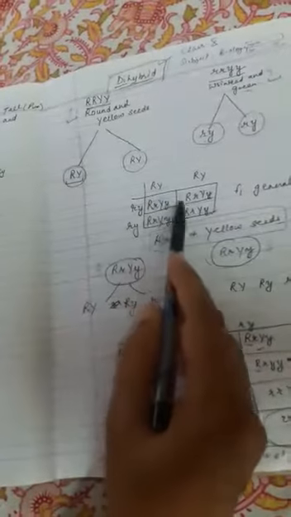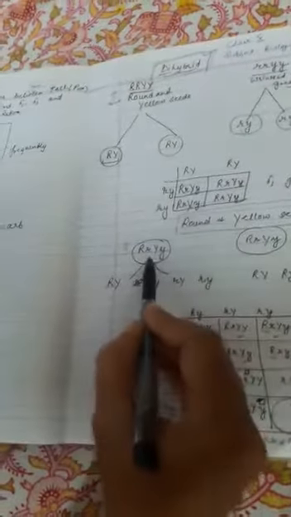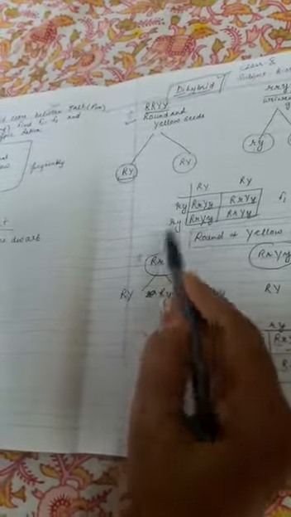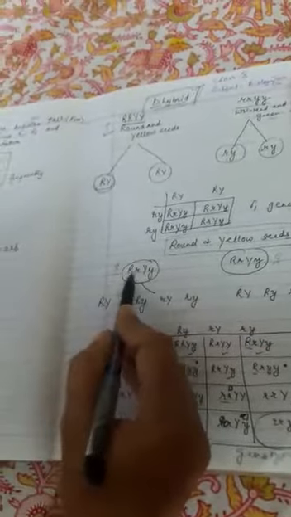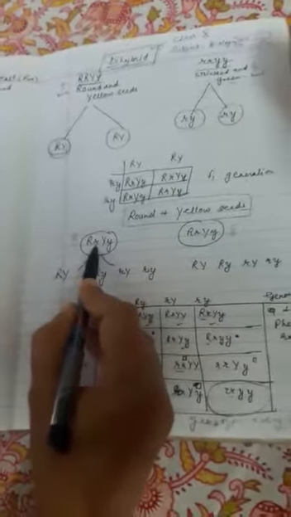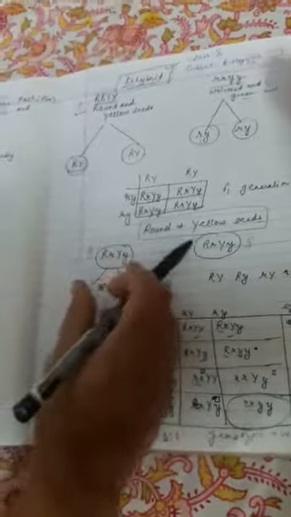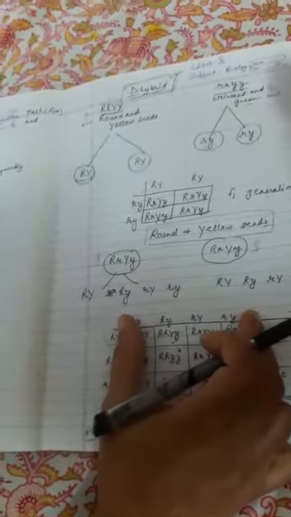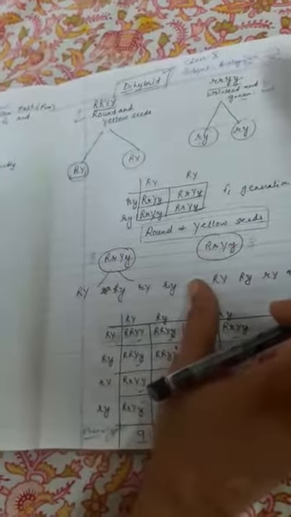the yellow seed is dominant over the green seed. When you take these as parents, one behaving like a male and the other like a female, the gametes will be of four types: capital R capital Y, capital R small y, small r capital Y, and small r small y. You take these as male gametes and these four as female gametes.